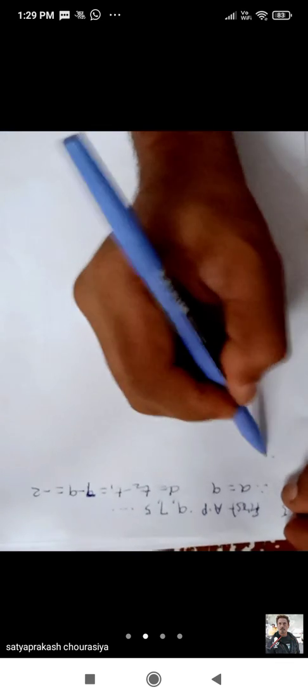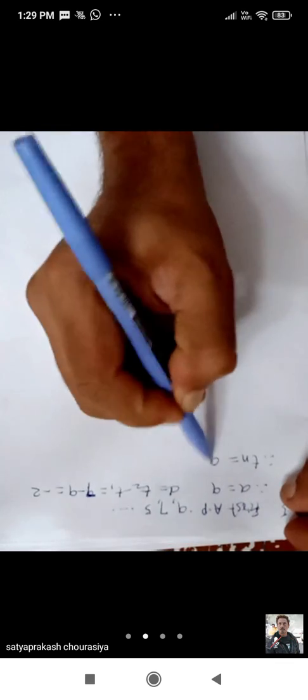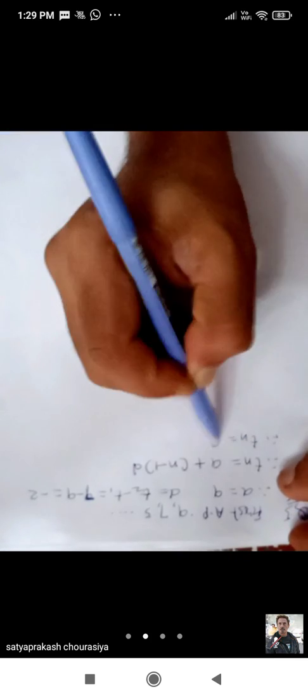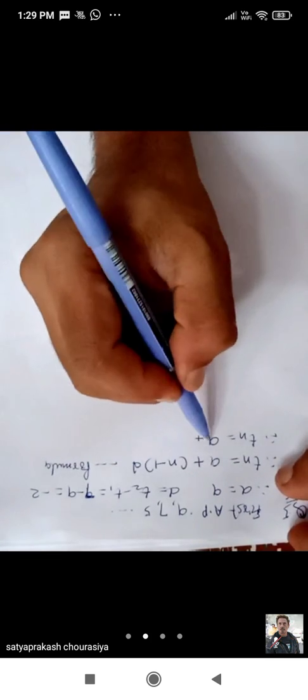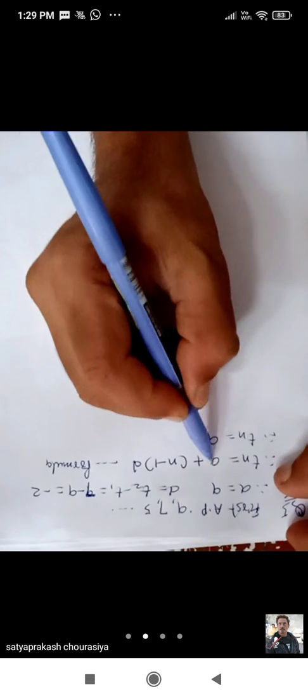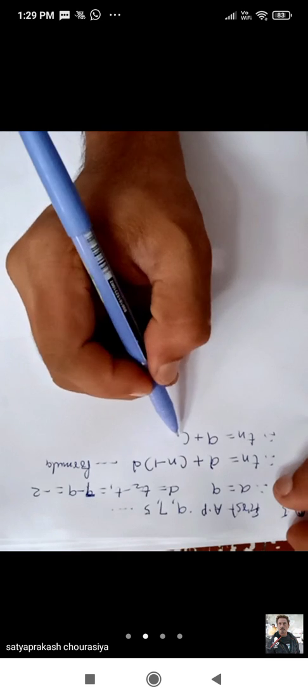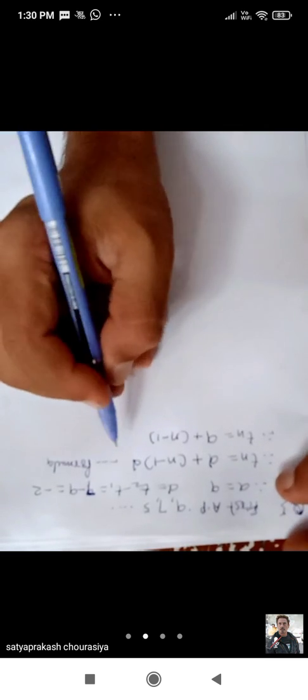Therefore Tn is equal to A plus n minus 1 bracket close into D. This is the formula, and the next step is the substitution of the values. So A is 9, so 9 plus n, which is not known, minus 1 into D, and the D value is equal to